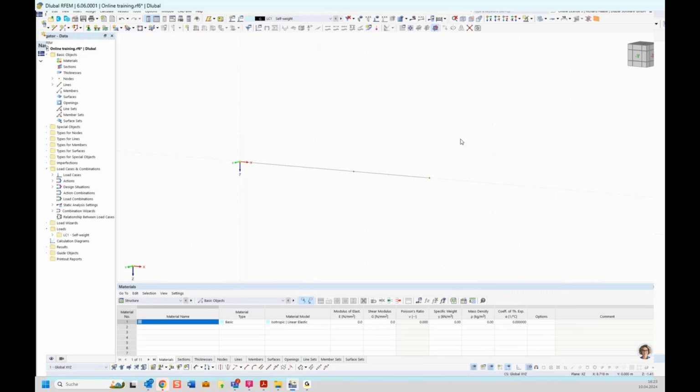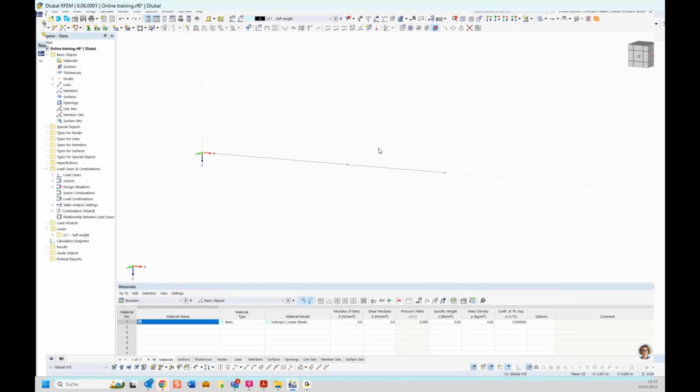But when I go from right to left, you see the line and the node are selected. So you have both options. The orange color only selects the object which is completely in this rectangle, and with the blue you need only a little of the object to select it. Okay, so now we have 3 nodes and 2 lines,